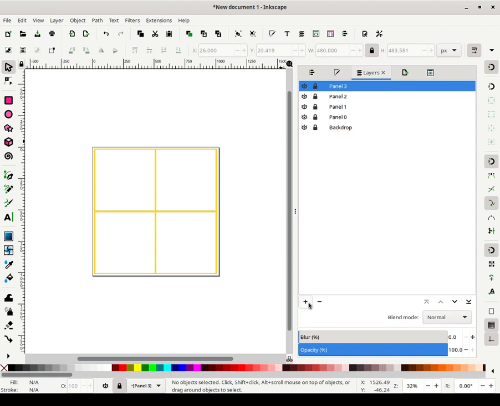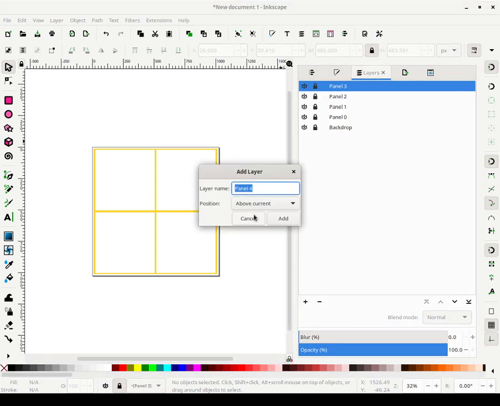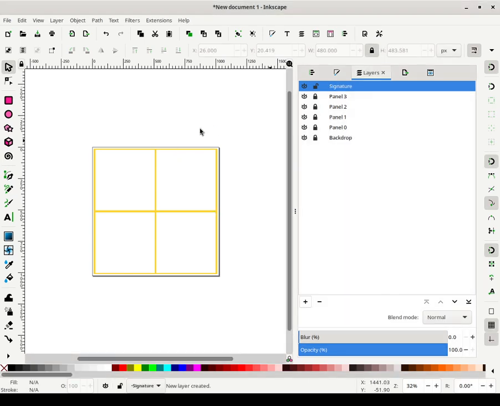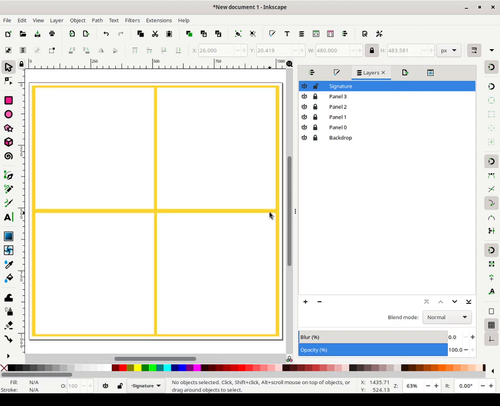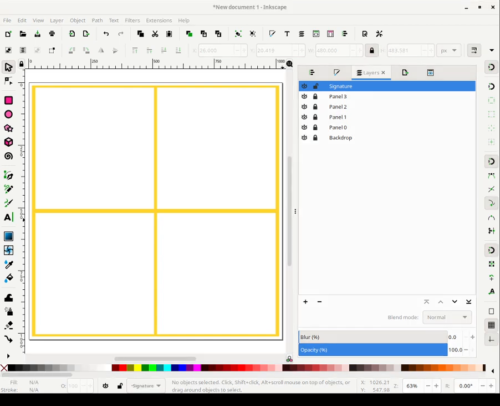The last thing I want to add to this before I actually create a comic and show you how you would lock everything to its individual layers is I'm going to add a signature layer. Now as far as I'm aware, I would have to double check the documentation on this, but as far as I'm aware, Inkscape doesn't allow you to lock panel sizes, so you have to actually use clipping to simulate that.